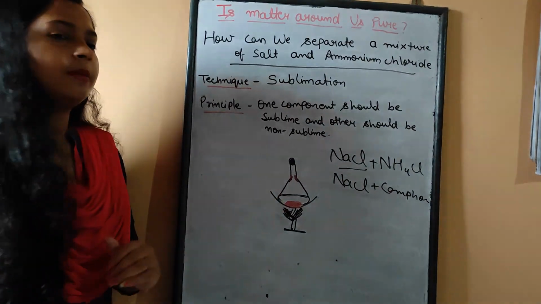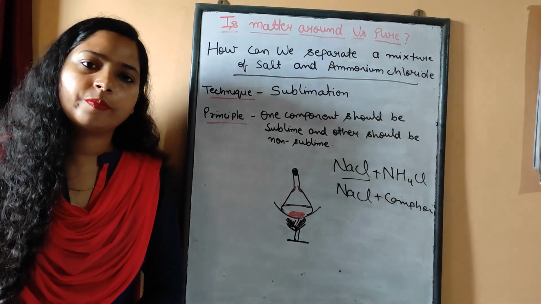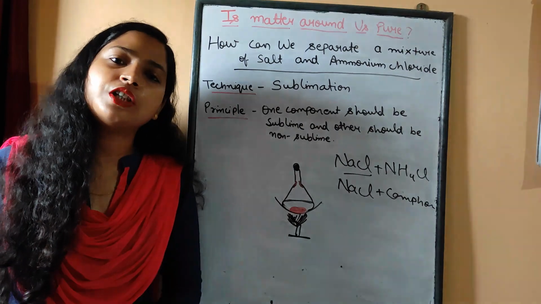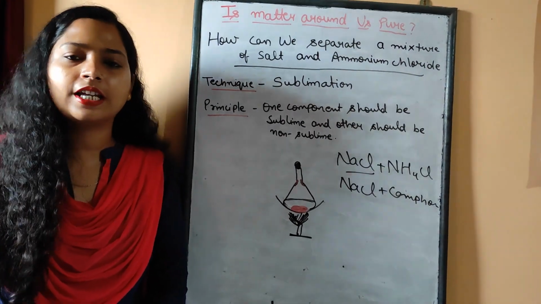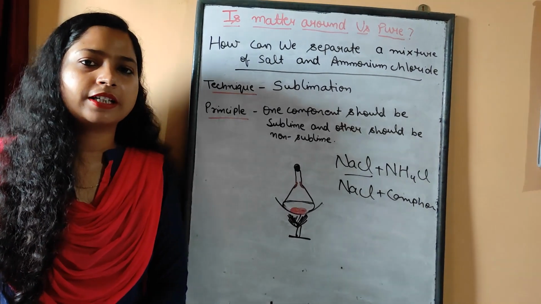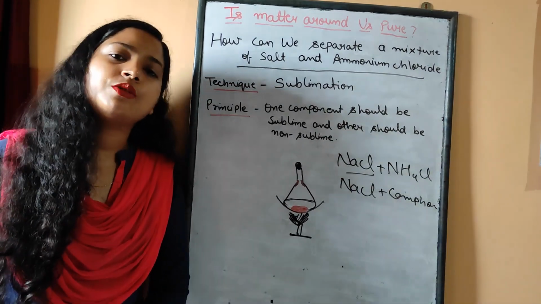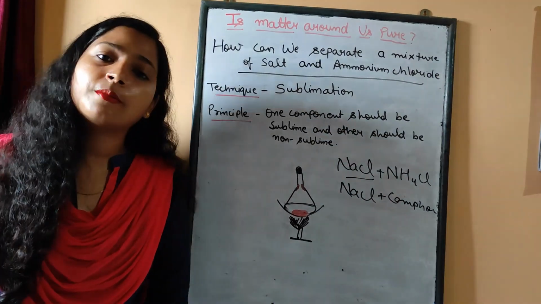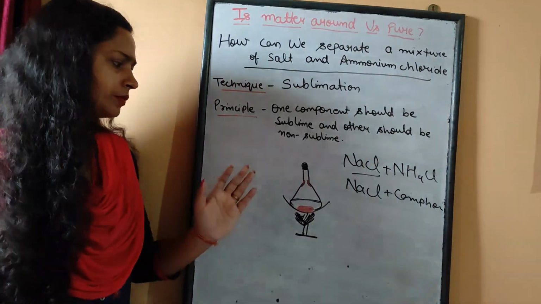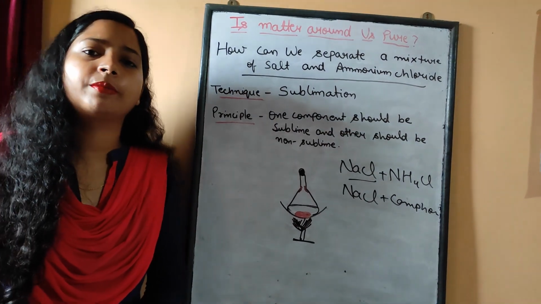Now see the experiment. What experiment do we perform? Students, do remember, this is also one of the topics of your practicals, that is practical number 4 according to your CBSE syllabus of practicals, how to separate camphor from common salt. So we use this experiment over there also. How can you conduct the experiment?